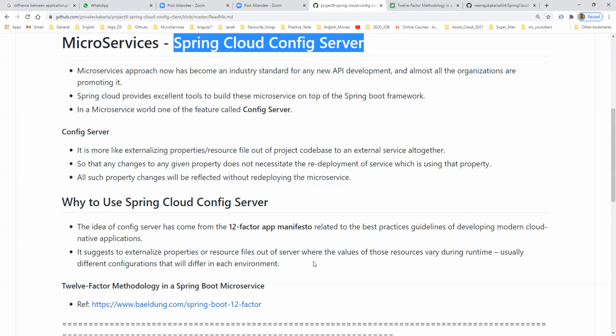microservice patterns. We are not doing any development here. We already did all the applications. Knowingly or unknowingly, we are developing microservices only. But we need to know the configurations: how we are going to configure our properties, and how we are externalizing our properties from our application to the cloud. That is what we are going to see now.